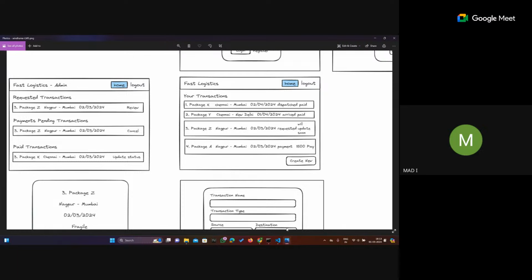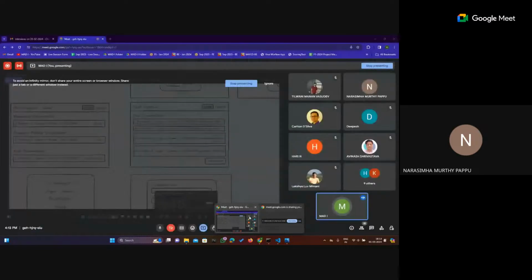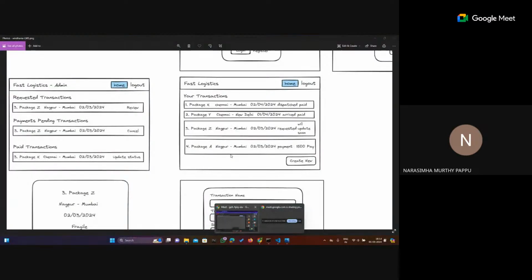In this case, we'll have to check. What is the expected behavior? Then we'll build based on that requirement. The expected behavior is up to you. See, for example,